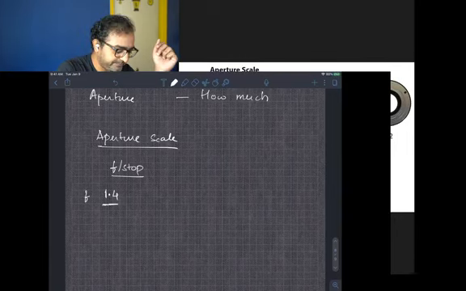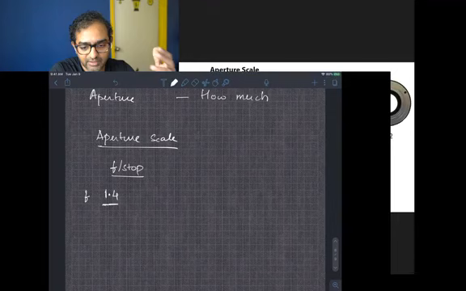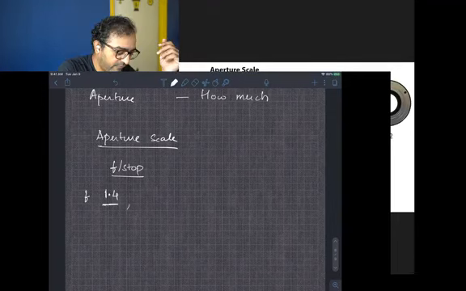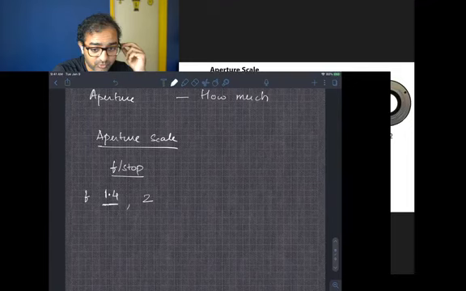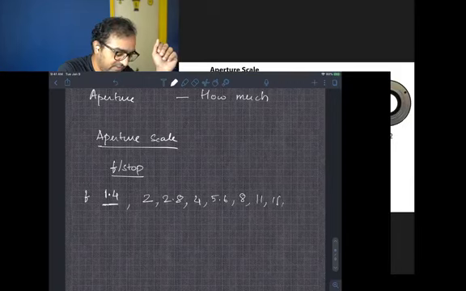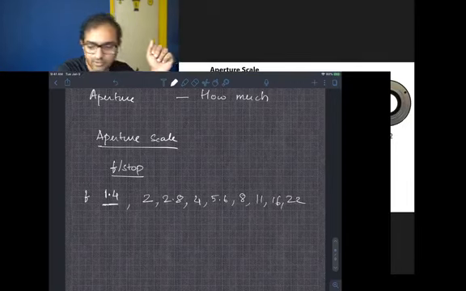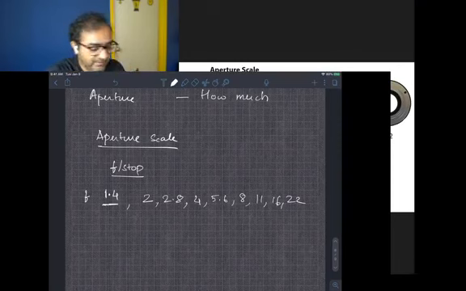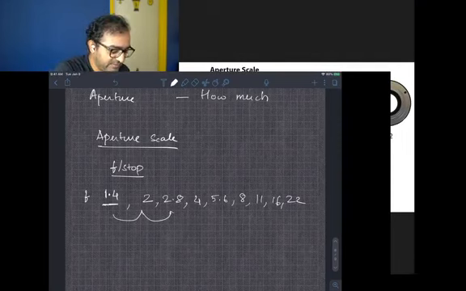If you have to let in half the amount of light, you have to go from 1.4 to 2. It's a reciprocal. So as the numbers get bigger, the apertures get smaller, right? So the next number will be 2.8, the next number will be 4, the next number will be 5.6, next number will be 8, 11, 16, 22. It will go all the way like this. So the difference between each one of these numbers is a factor of 1.4.